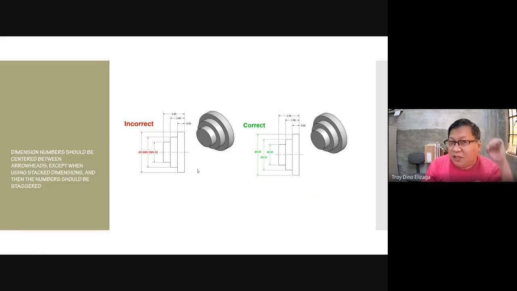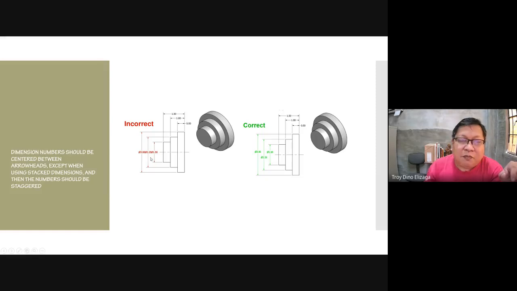We mentioned that the dimension text should be in the middle of the dimension line. But if the space in between is not enough, especially if your style of dimensioning is unidirectional, the dimensions would be cramped. Like what we have here.